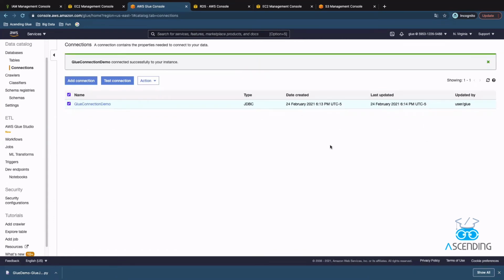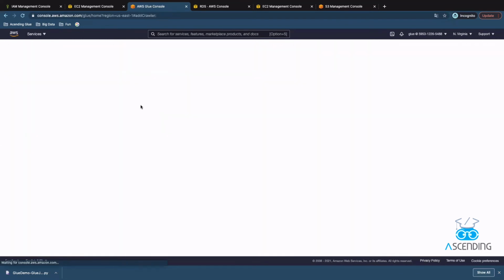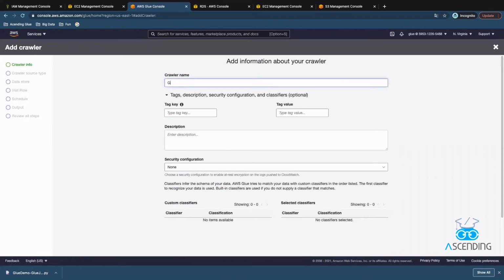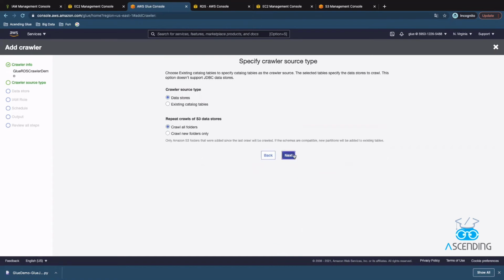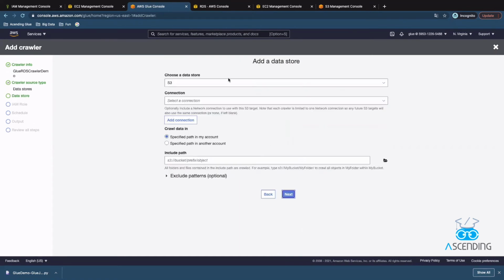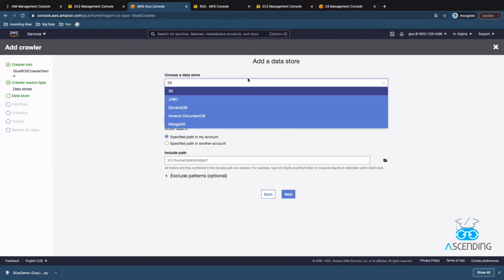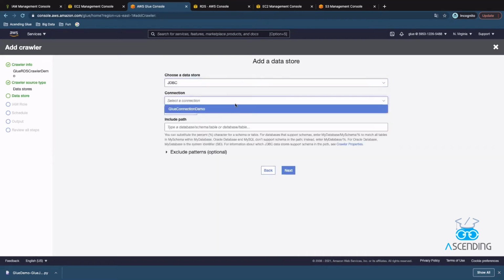Now we can create a crawler with Glue connection. Steps are pretty similar. Only difference is when we choose the data store. We choose JDBC here and select the connection we created just now. Give a path that we want to crawl.